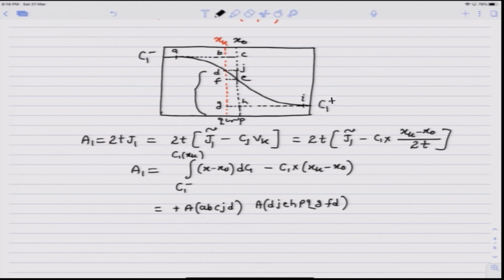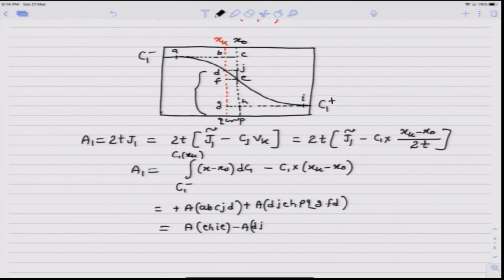So this area, there should be a negative sign here, and with this negative sign this becomes positive. Now based on the equation with which we obtain the marker plane, we know this area ABCEA is equal to EHIE, and so we can replace this area with area EHIE minus area